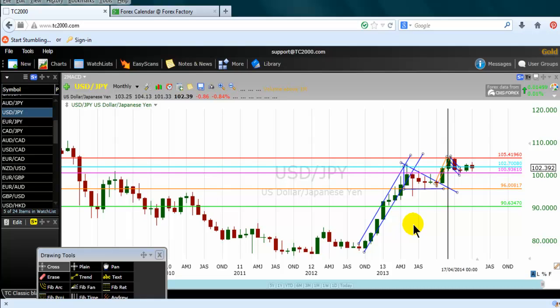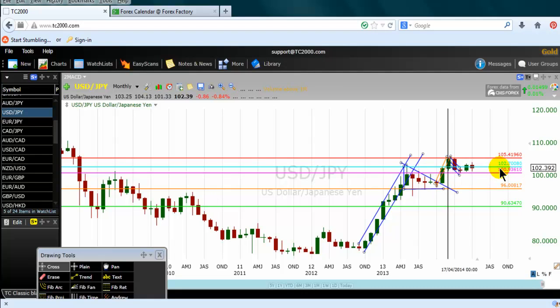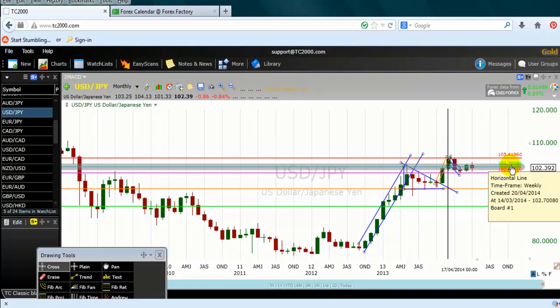If you are exchanging $1 into yen, you want to get at least 102.70 yen. So if, for instance, at this stage, I go to my bank and ask what the exchange rate between the dollar and yen is, because I want to convert my dollars into yen, and because I know my short-term equilibrium price level is 102.70, and they say to me, okay, George, now if you give $1, you will get 103 yen. That's a very good price for me because it's above the short-term equilibrium price level. I'll be willing to exchange my dollar for 103 yen, because I know that the short-term equilibrium price level is below